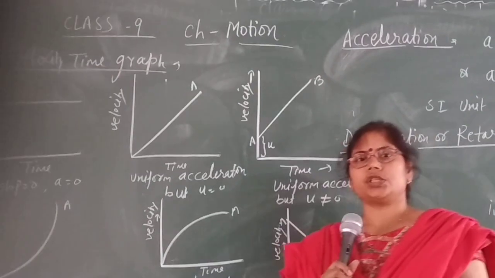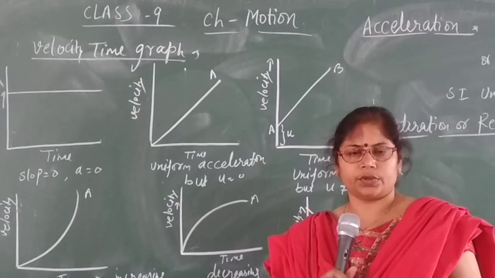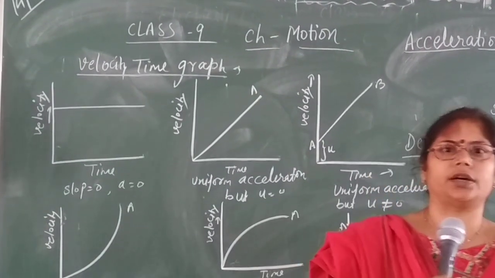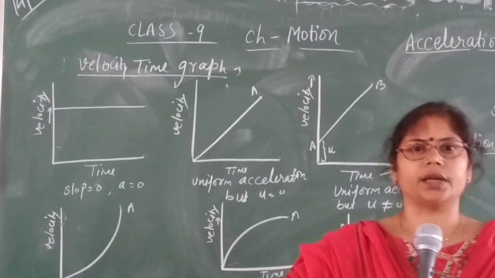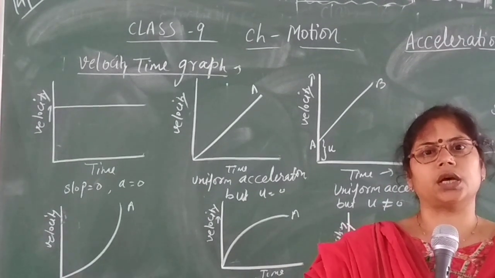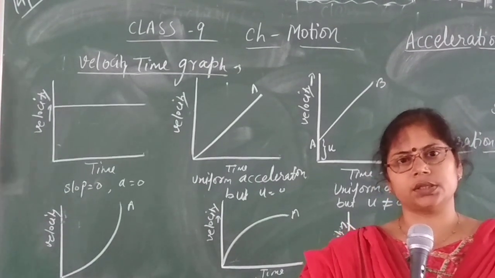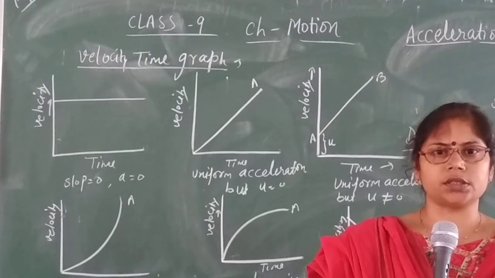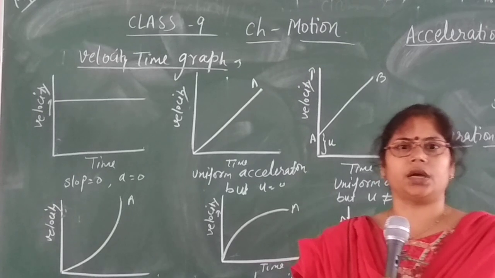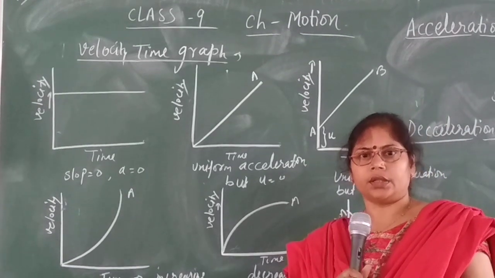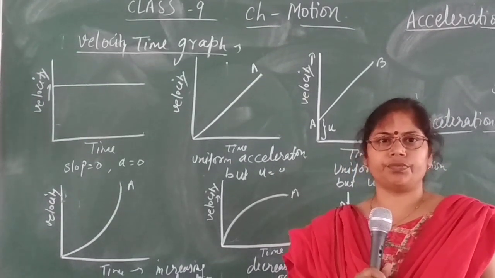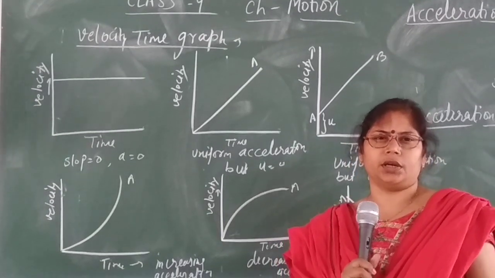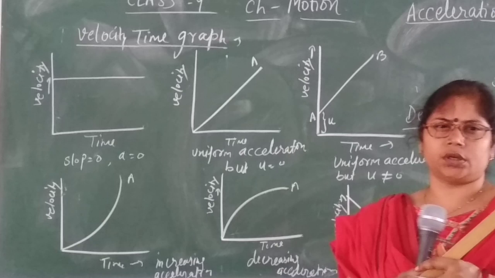Now the next topic is the velocity-time graph. A velocity-time graph means if you plot a graph between velocity and time, where velocity is always along the y-axis and time is always along the x-axis, then this graph is known as a velocity-time graph. There are many ways by which we plot the velocity-time graph. From those, six of